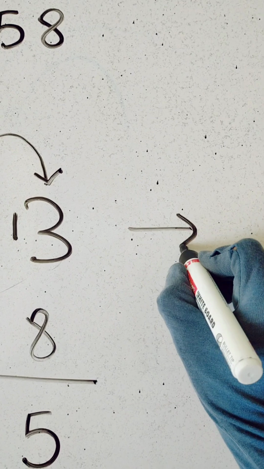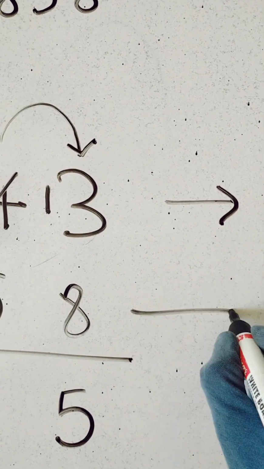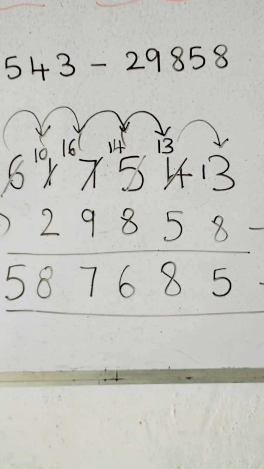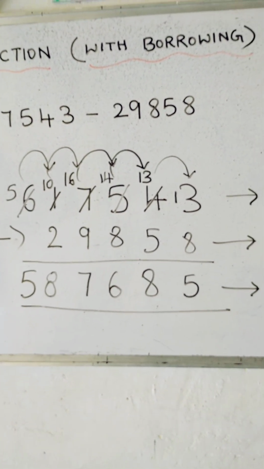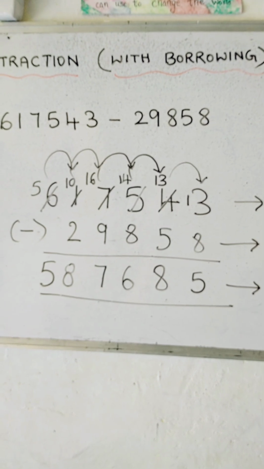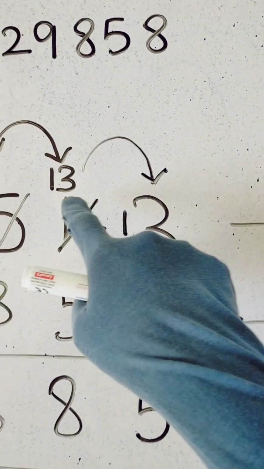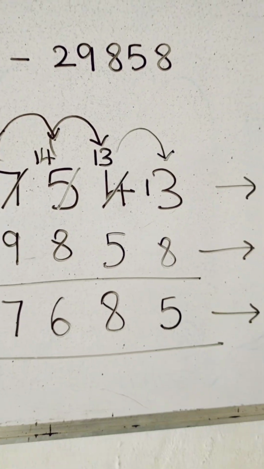So this is called minuend, this is called subtrahend, and your answer is called difference. Did you understand, kids? So this is how you will do subtraction with borrowing. See, you cannot subtract a bigger number from a smaller number, so you will borrow. You have to borrow a little from the neighbor and make the number bigger, then you can